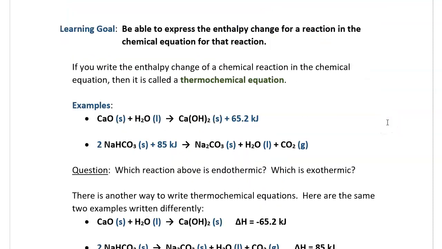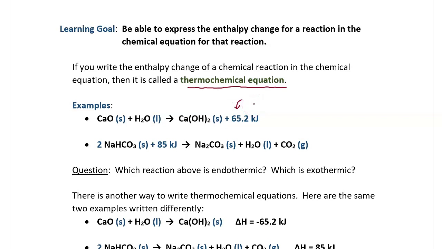The next learning goal is to be able to express the enthalpy change for a reaction in the chemical equation for that reaction. If you write the enthalpy change of a reaction in its equation, then you're writing a thermochemical equation. Here are some examples. Calcium oxide plus water produces calcium hydroxide plus 65.2 kilojoules of heat energy. Hopefully you recognize this equation looks like the equations you've seen all year, but it has this extra value added on,